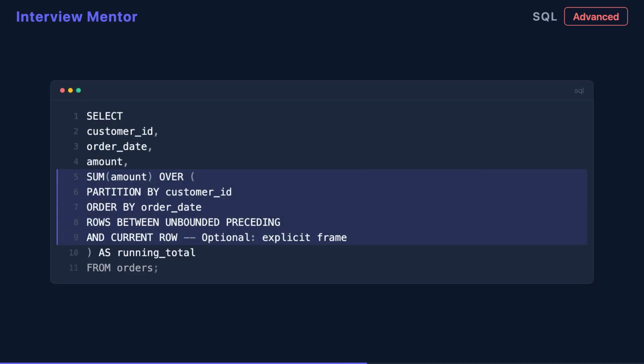Here's the complete syntax. SUM of amount, OVER with PARTITION BY customer_id and ORDER BY order_date. By default, this uses a window frame from UNBOUNDED PRECEDING to CURRENT ROW, meaning it sums all rows from the start of the partition up to the current row. You can make this explicit with ROWS BETWEEN UNBOUNDED PRECEDING AND CURRENT ROW, but it's optional since that's